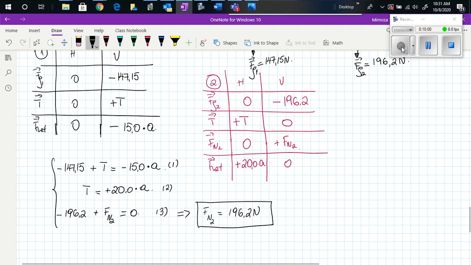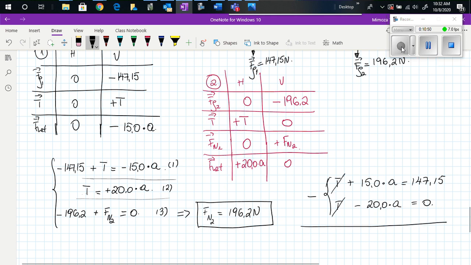This is what you will try on another example. If we have a force of friction, then you know force normal, which means that you will know force of friction. So now we will use equations 1 and 2. T plus 15 times A is equal to 147.15. I'm just rearranging it. And T minus 20 times A is equal to 0. So I'm just rearranging equation 1 and equation 2 and subtracting the 2 together so that